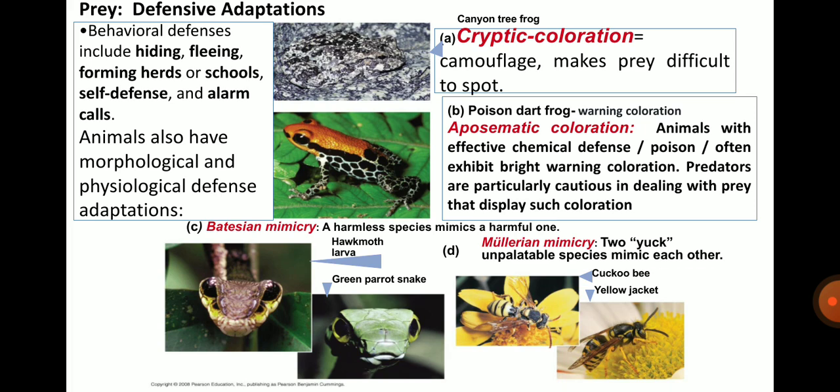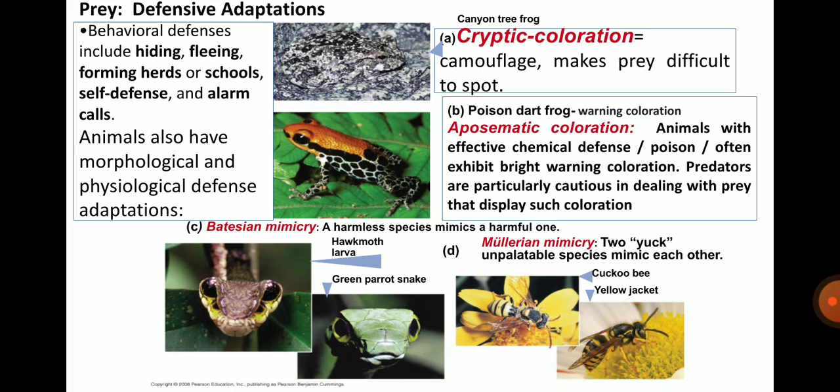The prey also shows certain defensive adaptations, where the behavioral defenses include hiding, fleeing, forming herds or schools, self-defense, and alarm calls. The animals also have morphological and physiological defense adaptations such as cryptic coloration, where the example shown here is called the canyon tree frog, which camouflages and makes prey difficult to spot. Then the